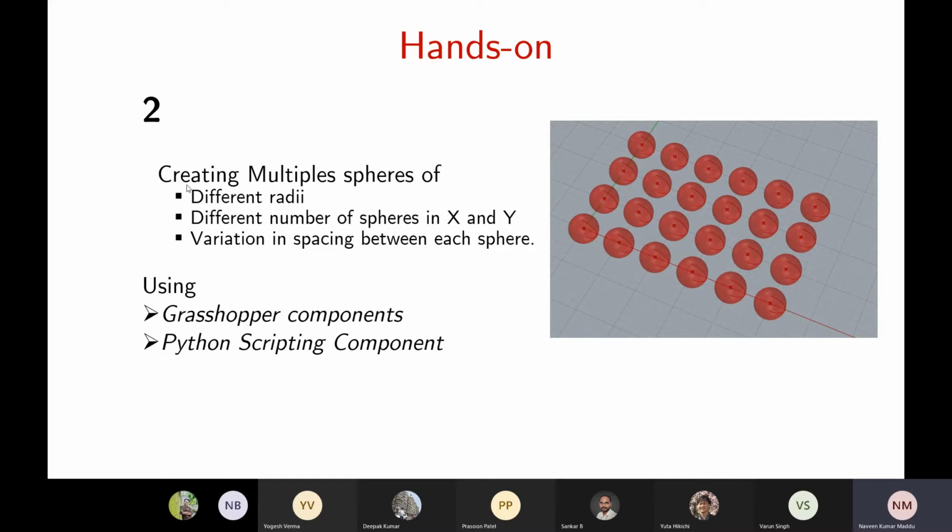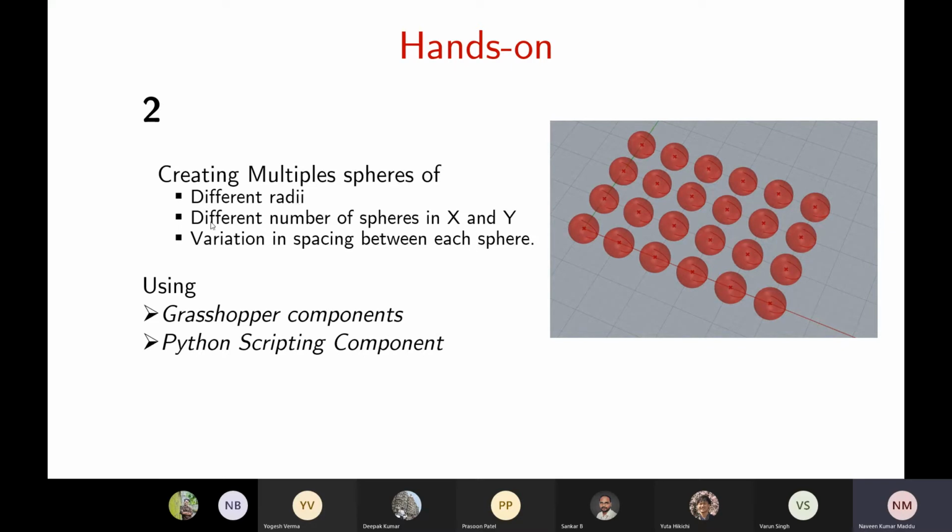So fine. The example that I want to show is that you have to create all these 3 things like this. You have different spacing between each sphere, and I have to create a control where I can increase and decrease my radius.